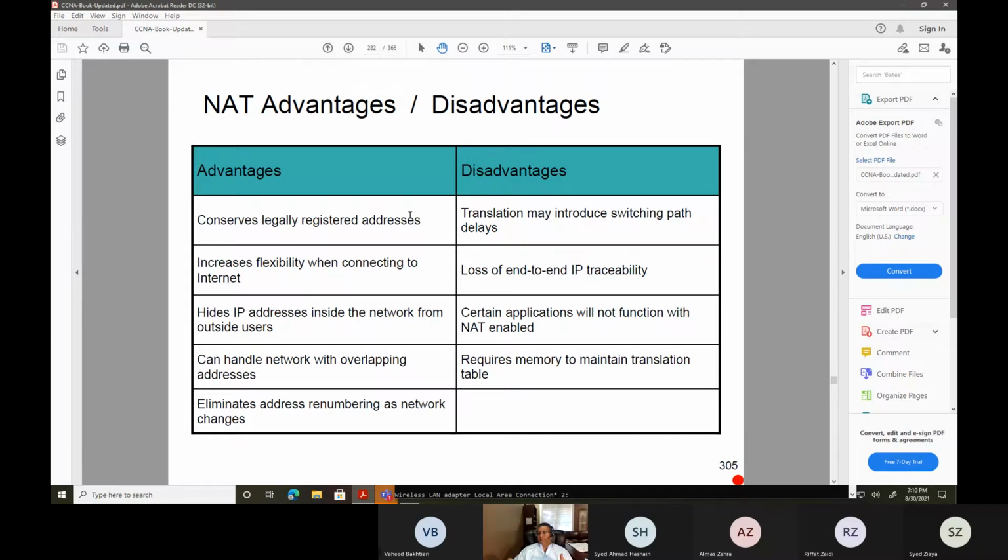Because China is big on the internet. Africa is coming big on the internet. North America, Europe is already on the internet, right? So because of this scarcity of IPv4 addressing, we have to use this NAT, which is public to private conversion,